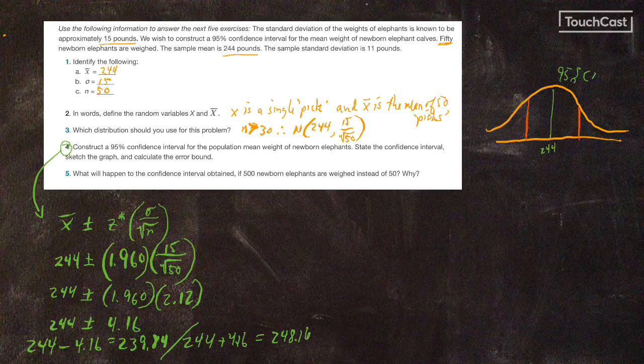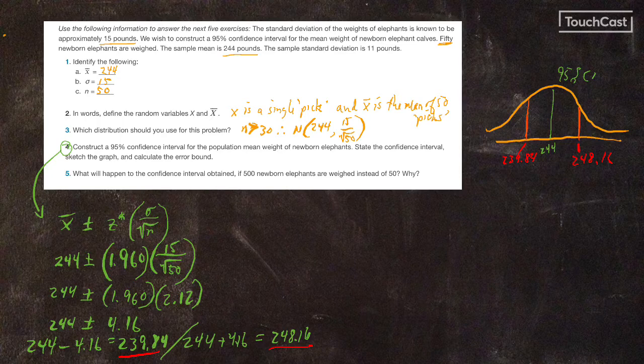And to interpret this, I can put these two up on our original graph, 239.84 and 248.16. And what that's saying is that with 95% confidence, I know that if I